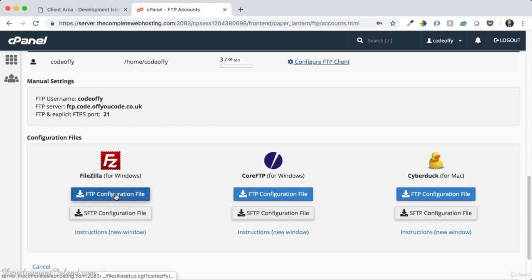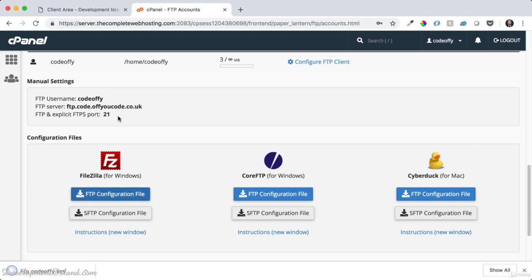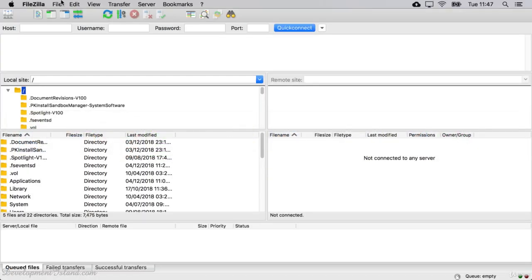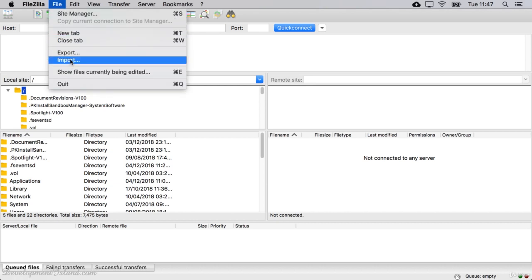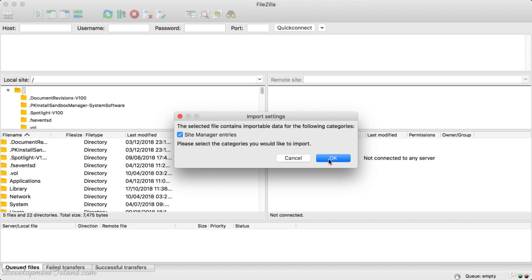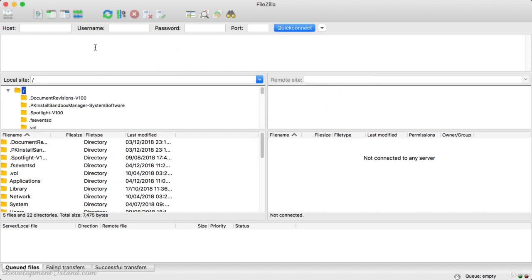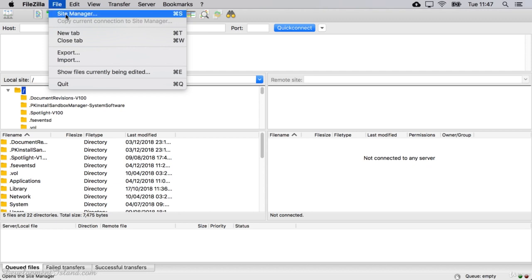you click on the configuration file link, and this will download the file on your computer. So just save it. And then you go back to FileZilla and you go to File, Import. And you go to the location where you downloaded that XML file and you double click on it. Okay, and just click OK. So import successful, OK. All right, so now if you want to connect, you just go to File, Site Manager,